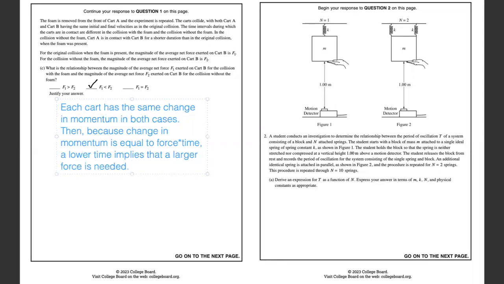And there you go. That's question 1 of the set 2 Physics C 2023 free response questions. Let's go ahead and move on to question 2. Question 2 seems difficult. It's a bunch of springs in parallel attached to a block of mass m, and basically what we have to do is much like we did in set 1, we have n